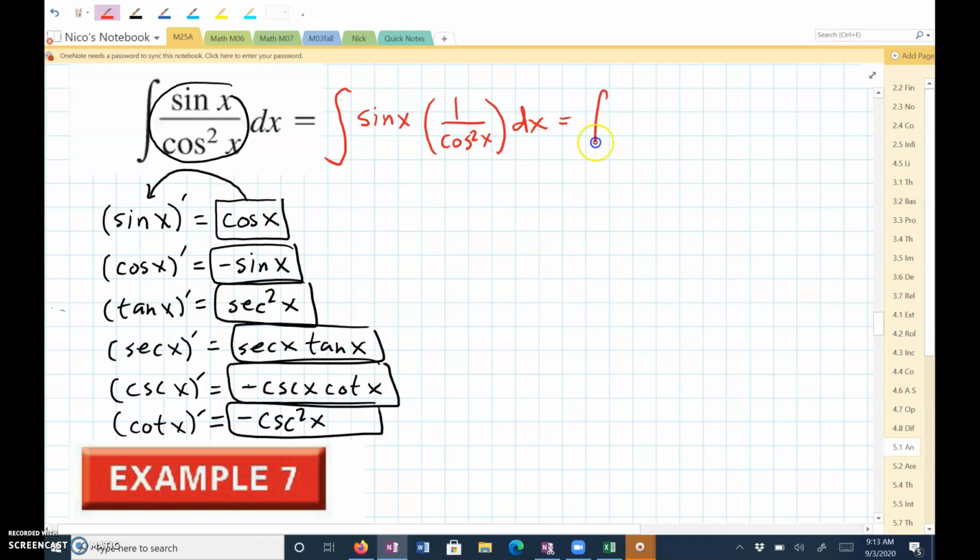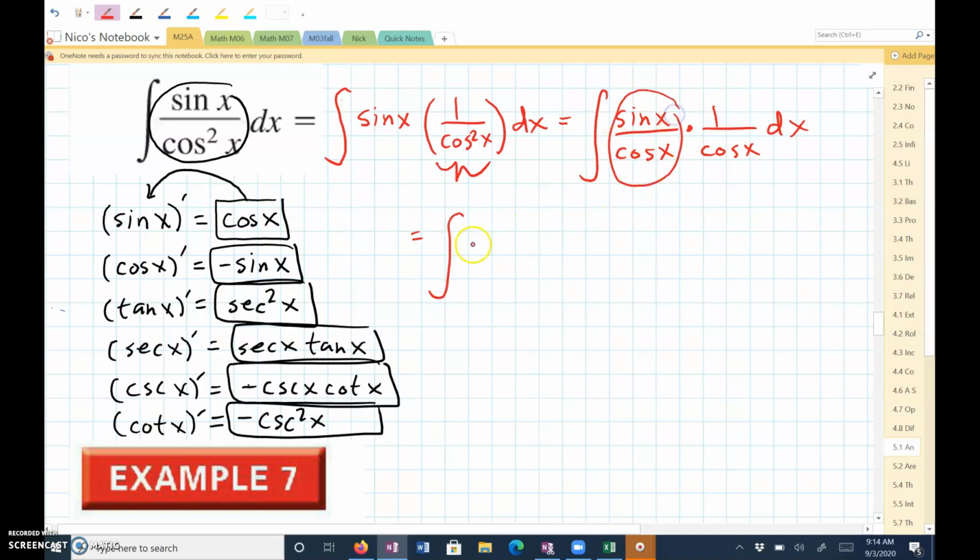Then I can write this as sine x over cosine x times 1 over cosine x dx. This here becomes that squared. And then this would equal tangent of x, and this would equal secant of x,